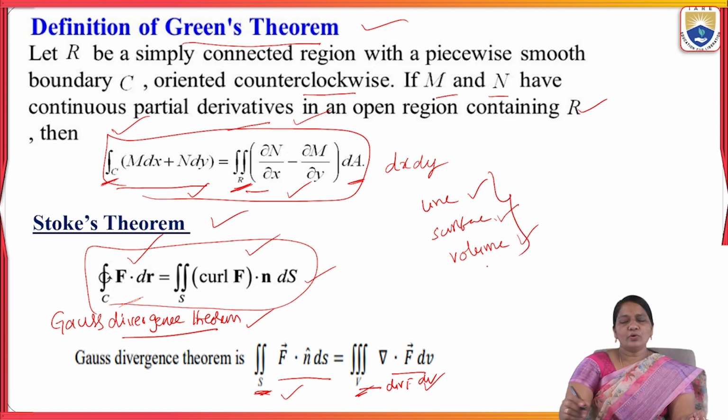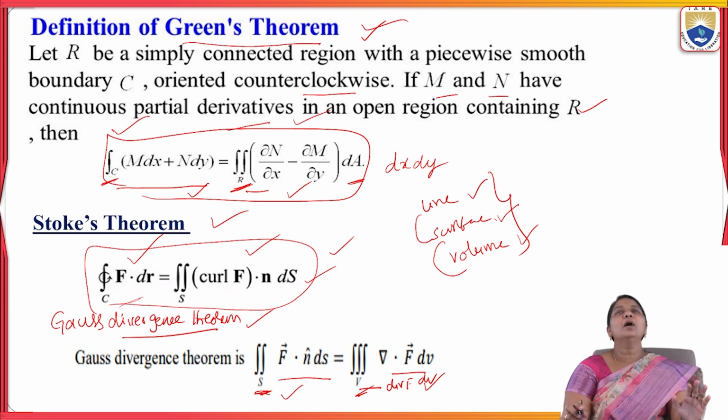If we use these three theorems, we can transform line to surface, surface to volume. Like this, we can use these theorems to simplify the equations or to solve the problems very easily. So these are the three theorems, and these are the line integral, surface integral, volume integral, the contents we have in